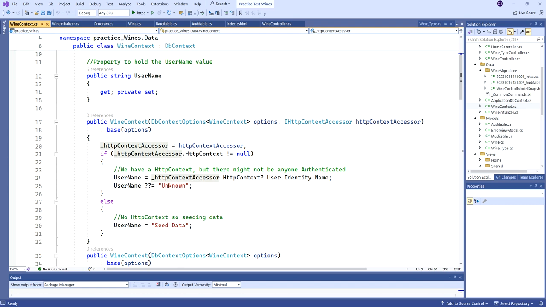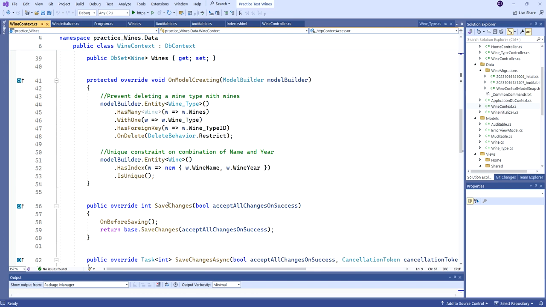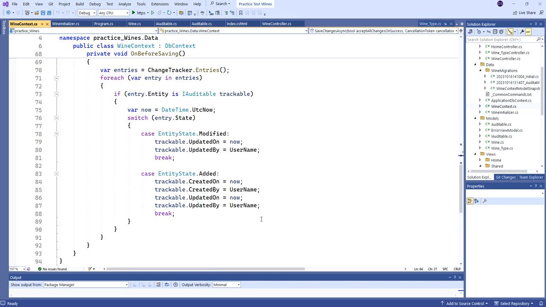And we're just using the same code we had before. Unknown if we don't know who it is, or C data if there is no HTTP context, and then we just override SaveChanges and SaveChangesAsync. Both times we're calling our OnBeforeSaving, which just puts the proper values in place. And that basically is that. That completes